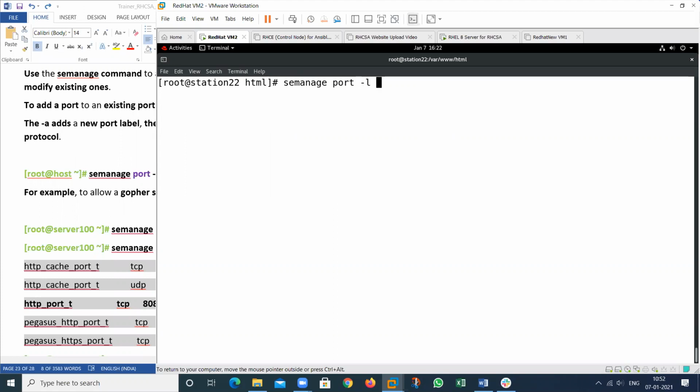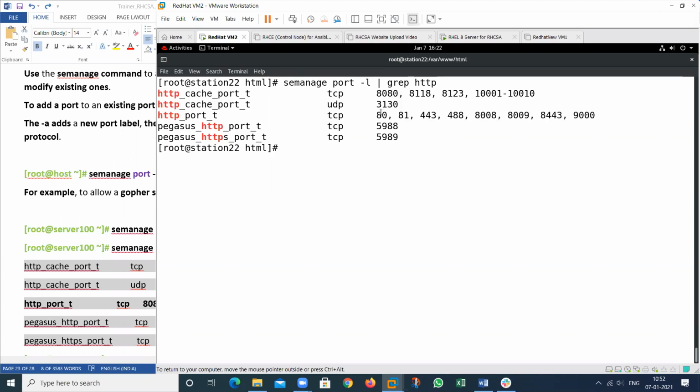First list the information and then grep this one, http. This is the port label that should be allowed for which particular port? The port is 8080. That is not added by default in this particular SELinux policy.